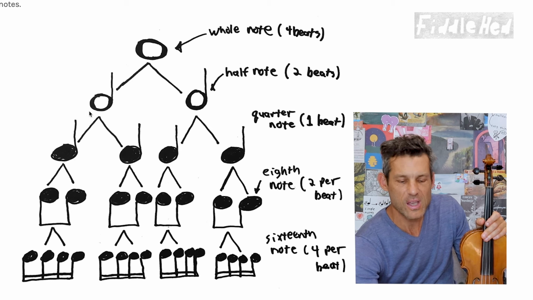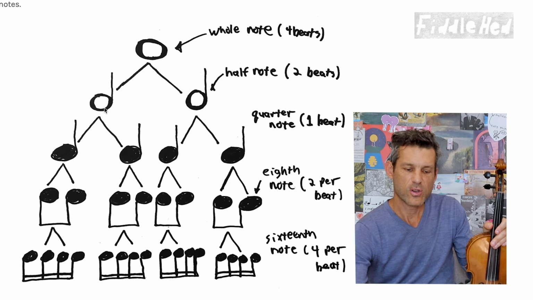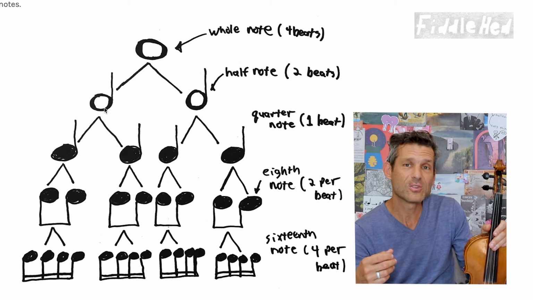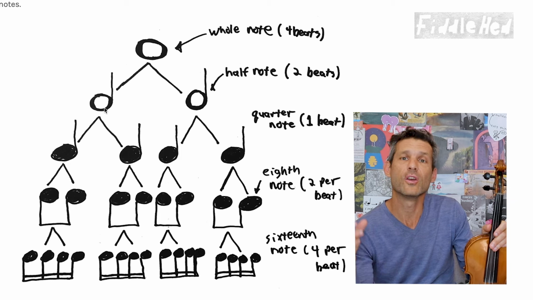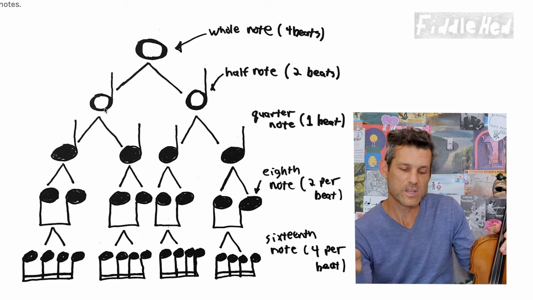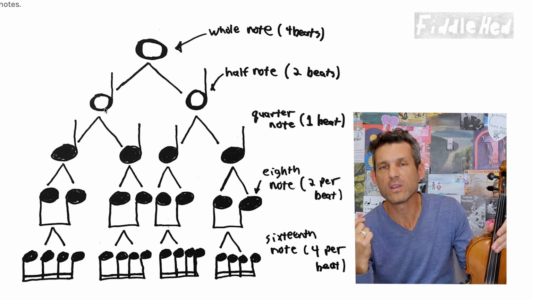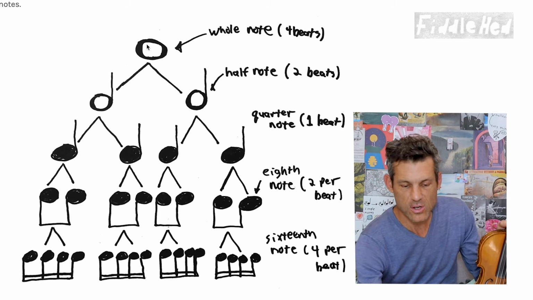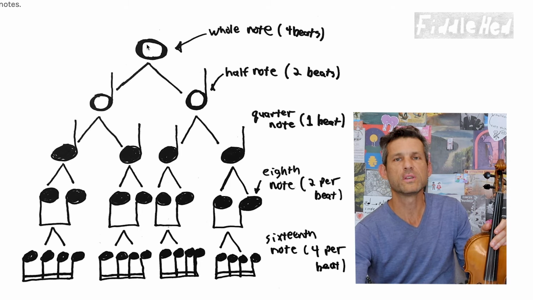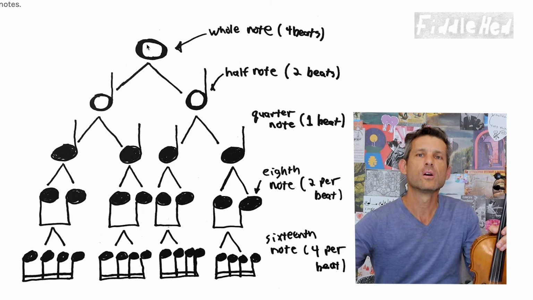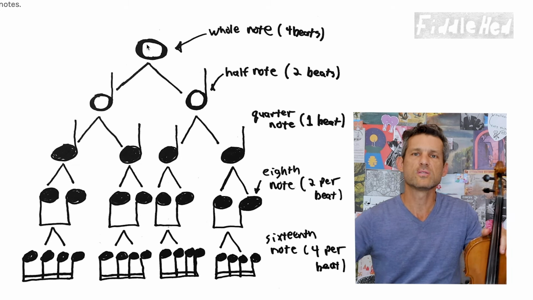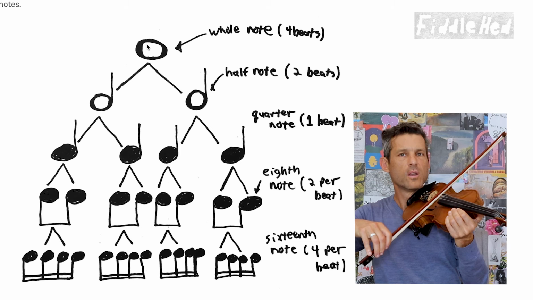Now we can go the other way and say, well, we have half notes. There are 2 quarter notes in a half note. So each half note is 2 beats long. 1, 2. Or beats, isn't like counts, would maybe be a better way to put it. And then whole notes, the big donut at the top, is 4 beats. That lasts for an entire bar or measure. It's counted 1, 2, 3, 4. So you'll play a whole note: 1, 2, 3, 4,